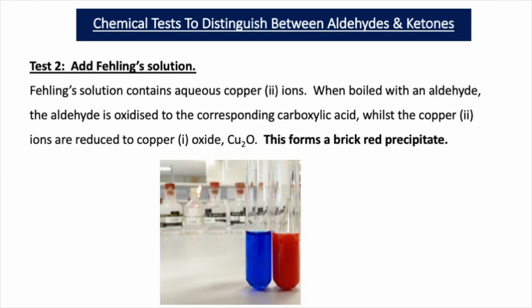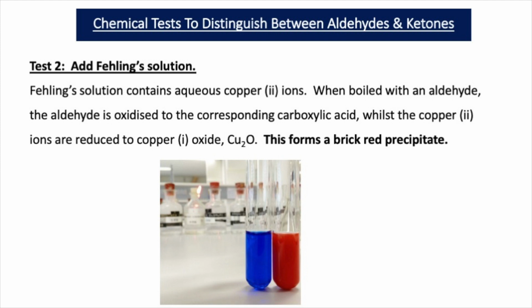Now the second test that we talked about in previous videos to distinguish between an aldehyde and a ketone is the Fehling's test. Fehling's solution contains aqueous copper 2+ ions, and when boiled with an aldehyde, the aldehyde is oxidized by the Fehling's solution to the corresponding carboxylic acid, whilst the copper 2+ ions are reduced to copper 1 oxide, Cu2O, and copper 1 oxide is insoluble, and this forms a brick red precipitate. So Fehling's gives a brick red precipitate with an aldehyde and doesn't with a ketone, and that's how you can